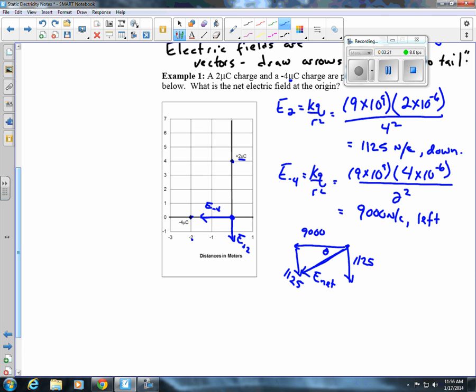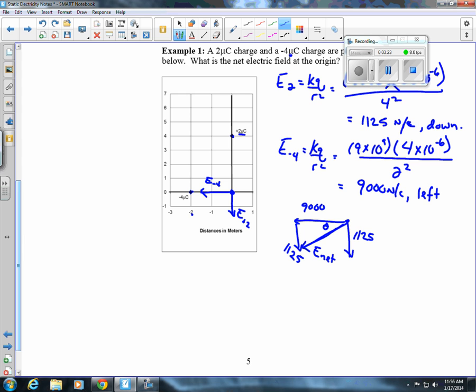Well, since these are at right angles, I can use the Pythagorean theorem. So E net squared equals 9,000 squared plus 1125 squared. So I would square them, add them together, and take the square root, and I'll end up with a net of 9,070